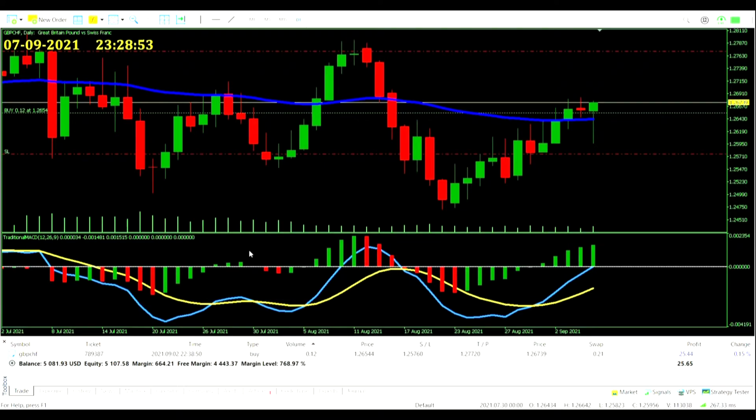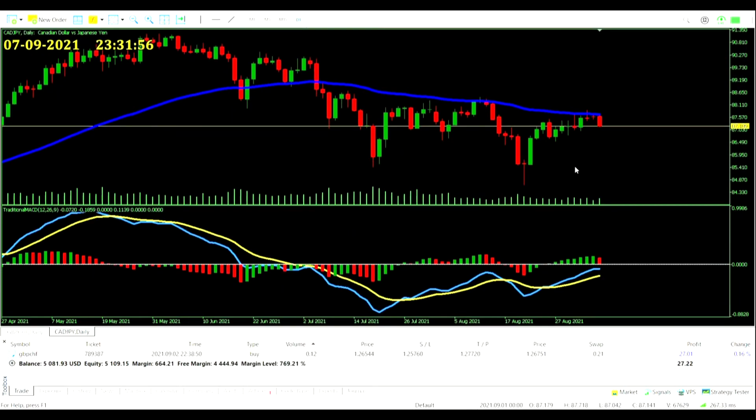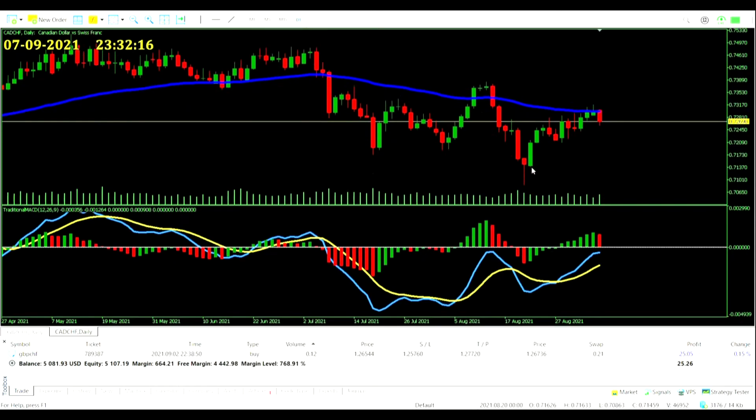Let's roll through those other currency pairs and see if we got any new trades. New Zealand dollar continued to come down against the Japanese yen for a second day, heading towards that moving average and potential crossover. Canadian dollar, Japanese yen coming back down, price already below the moving average. If it comes across the zero line, that's potential for a nice entry there. Canadian dollar, Swiss franc, same here, could come down, price already below the average, cross below the zero, get us